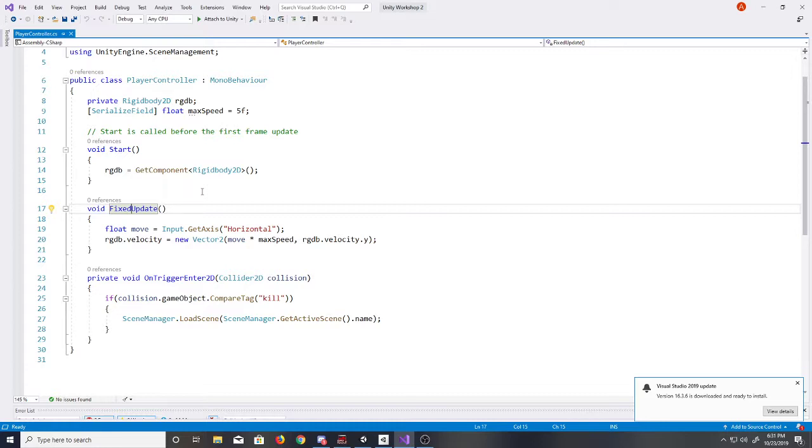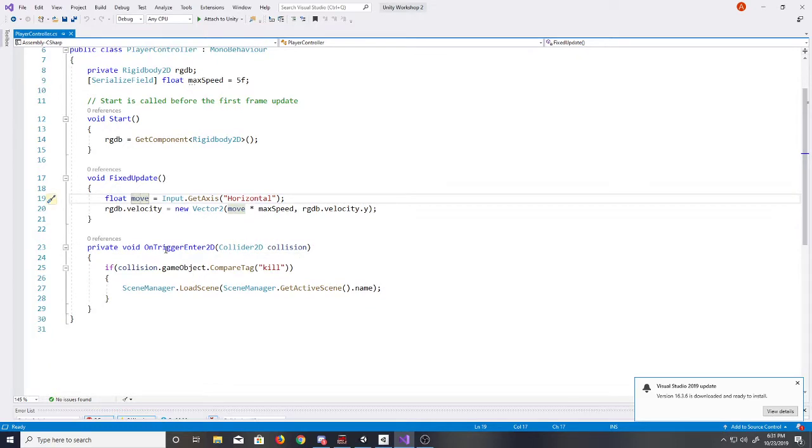Then if we set everything to work on frames, they would play the game twice as fast as you do. So we do fixed update. We basically calculate how many frames go by in a certain period of time so that it runs the same on everybody's computer. So in there we have our ability to move, and then finally we have our on